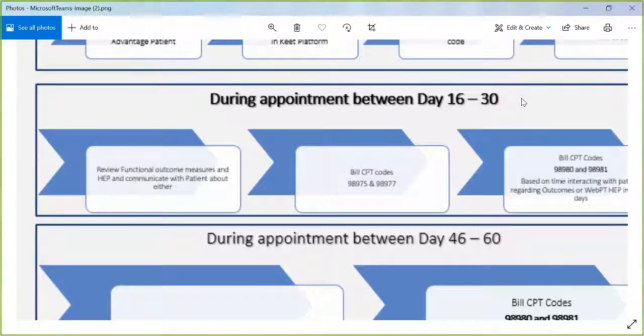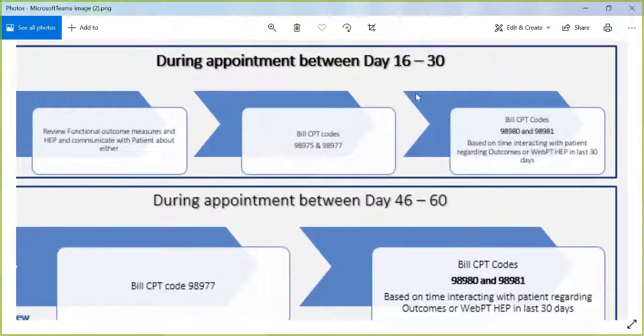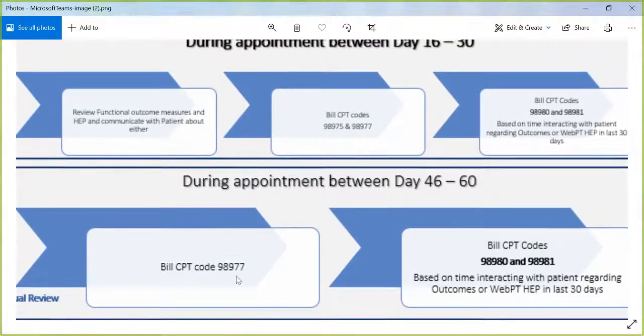So it could be day 16, it could be day 21, it could be day 30. Then you bill them for that second code, and then 30 days after that. So let's say that you bill that at day 21. 30 days after that is now you're billing the 7/7, and then